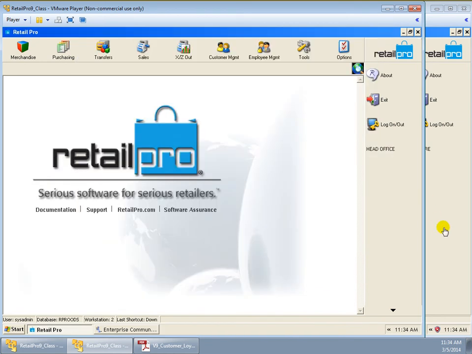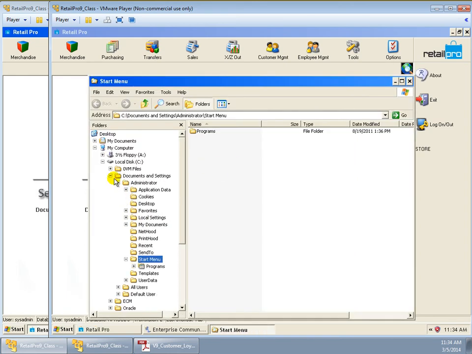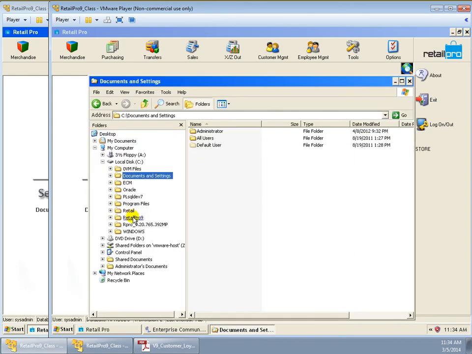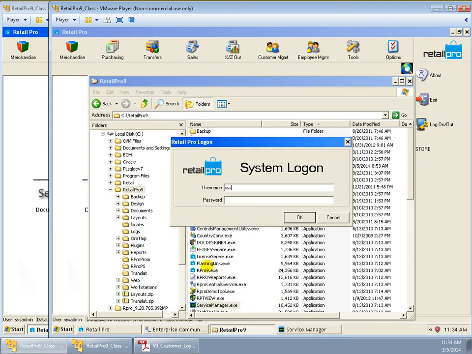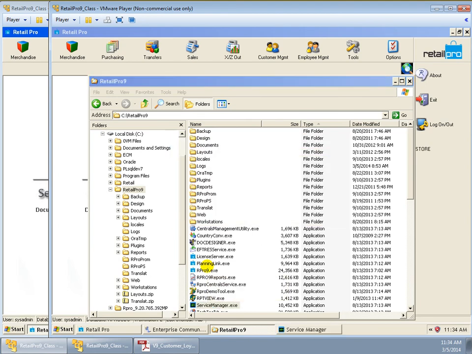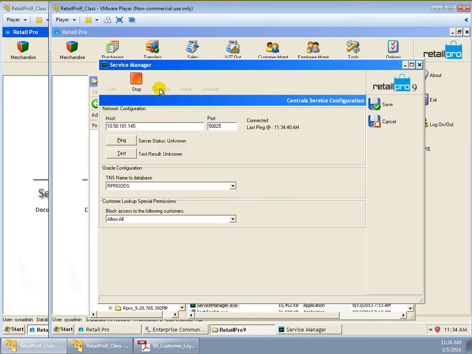And I'm going to do the same thing on the store side. Okay. So I'm going to jump around a lot here between the store server and the head office server. Great. So here it is. Now I've already installed this one. So I'll just select configure, and I've already done this for you. So this on the store side now, it's also pointing to the central server, which is a head office system